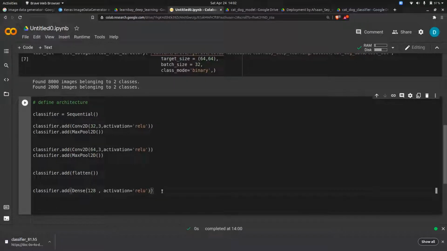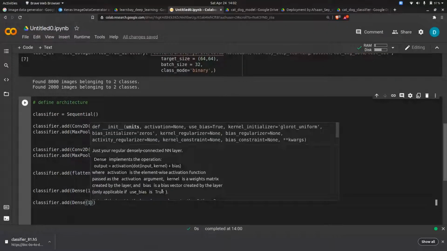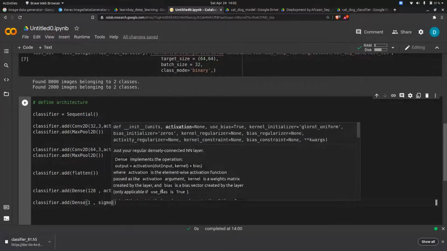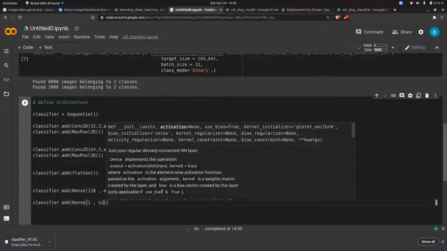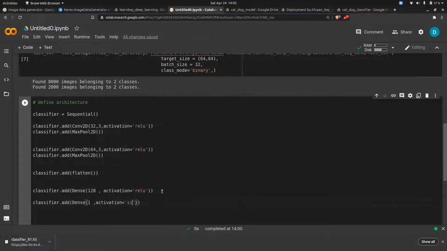I'm just putting one hidden layer, and then I'm directly going to classifier.add Dense. Now units as 1, and activation as sigmoid. So this is the architecture that I have created.